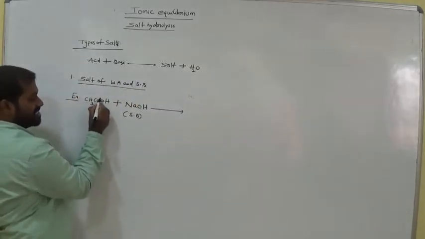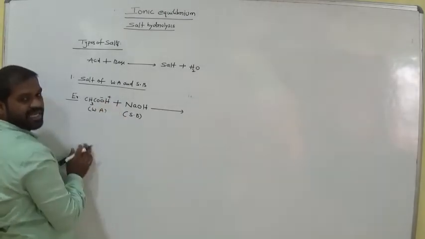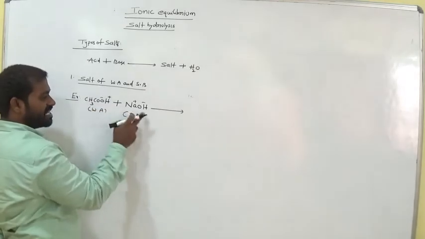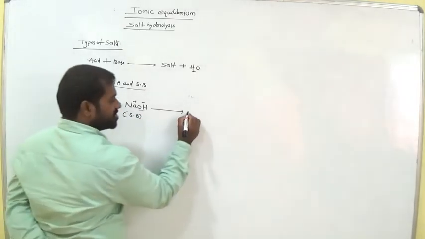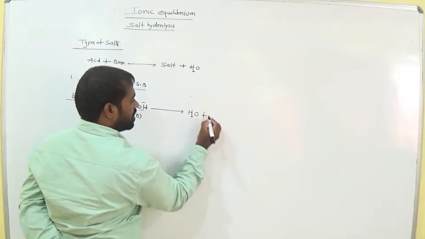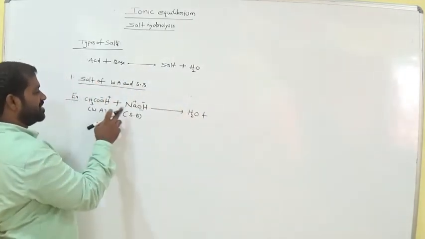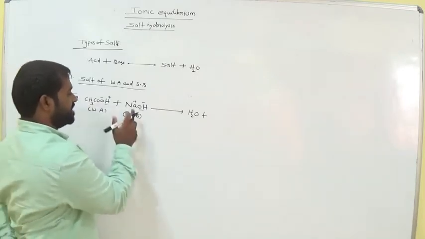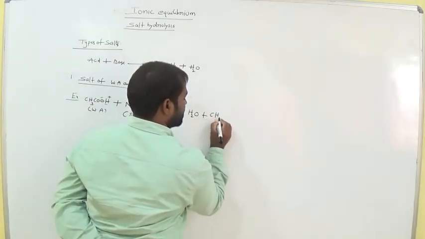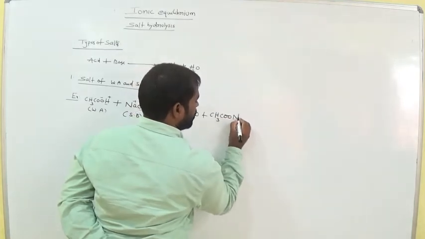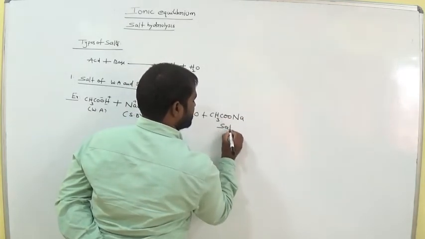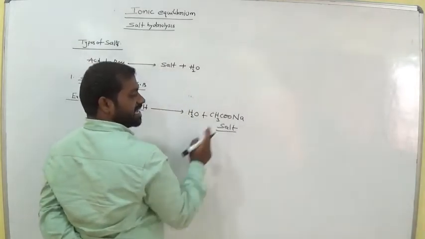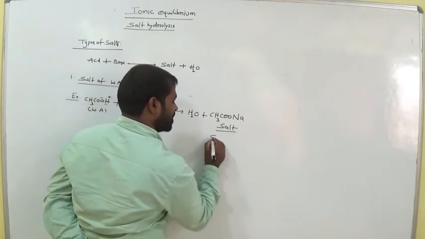So here we have CH3COO minus and H plus, okay? Now in base, Na plus OH minus. Here H plus and OH minus form H2O, water. And what we need is salt. The remaining ions, Na plus is the plus, CH3COO minus is the minus, clear? Now combine these two, we get the salt, that is sodium acetate, CH3COO minus Na plus.